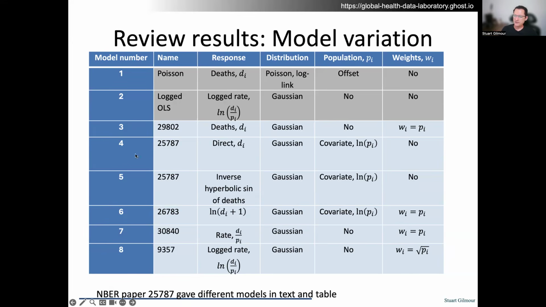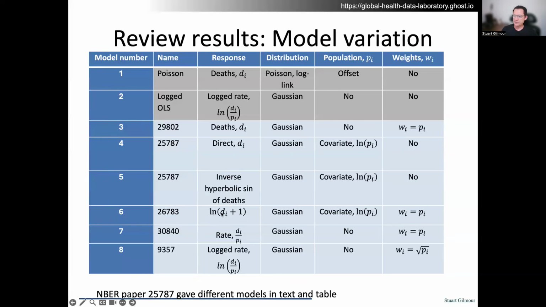Note that these come from the same paper. I actually found this in the footnotes of the table. So in the text, they say they modeled deaths directly, but then in the footnotes of the tables, you discover that they didn't. They used an inverse hyperbolic sine transform. I'm not sure why. Then here, model 6, we have the log of deaths plus 1 with population as a